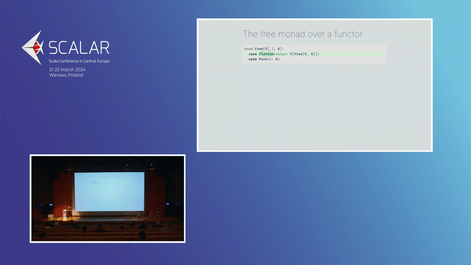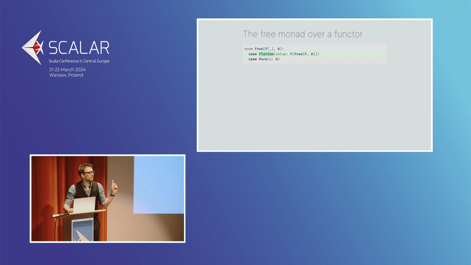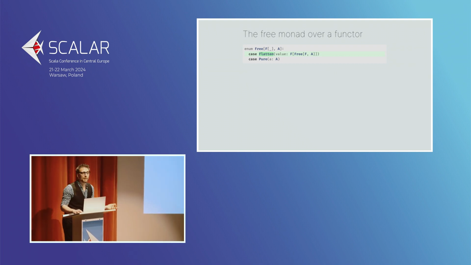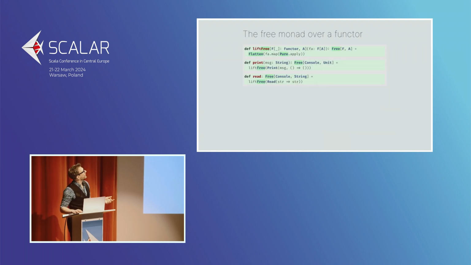Interestingly, free now is exactly the defunctionalization of two functions, pure and flatten. Pure and flatten are exactly the functions that you have to write when you define monad in its most cumbersome configuration. And we have a dependency on a functor. So that is literally the defunctionalization of monad in its most cumbersome configuration. That would explain the statement that we had a few boring talks ago, just doing the renaming for us.